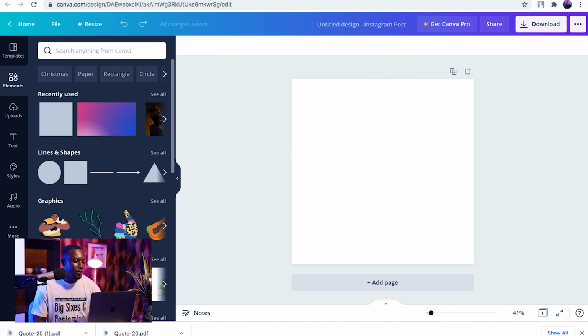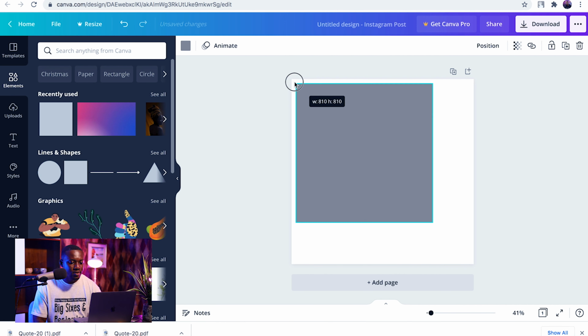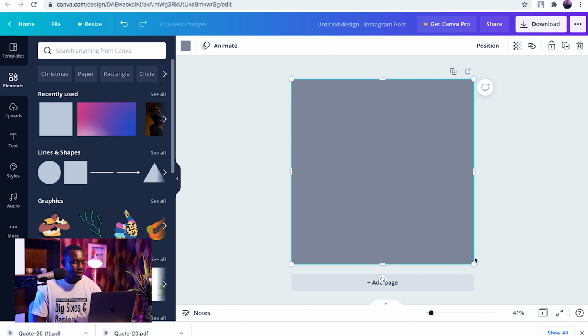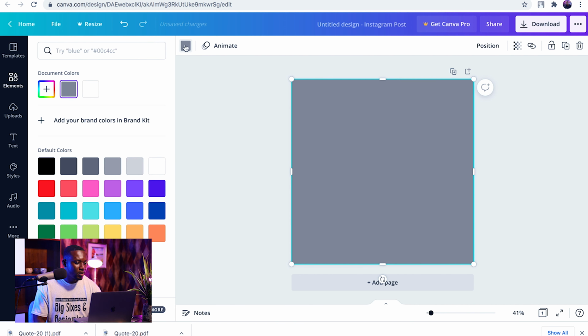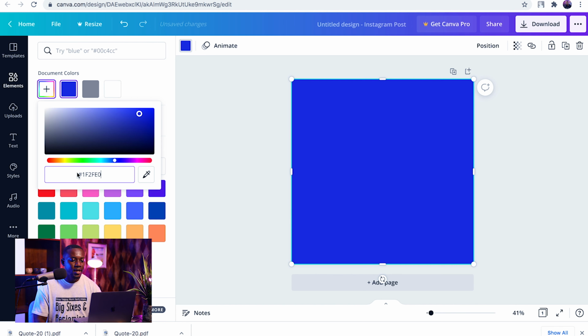Okay, so I'm going to choose a layer here in the elements. This initially is in gray, but I'm going to switch it to the color that we have. So if you copied the hex code, you can just paste that hex code here, and boom, you